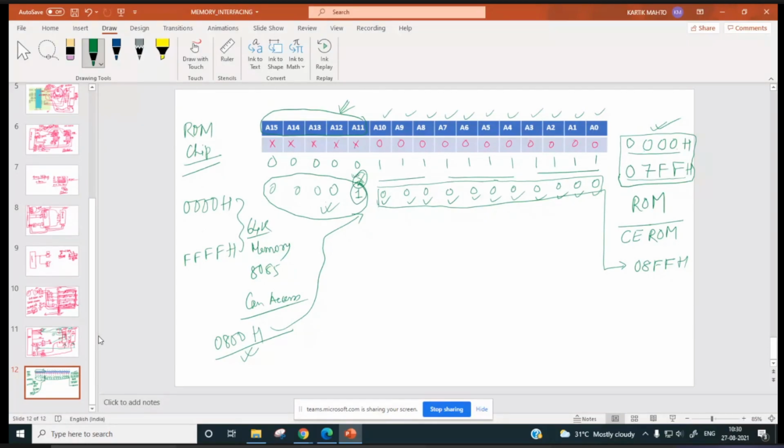So the actual address pins are these, and it will read data from 00H only. Now if you put 1800H, this bit is 1, still it will read data from here only. Why? Because these pins are left unused. So in order to give a unique address, these unused address pins have to be properly decoded.